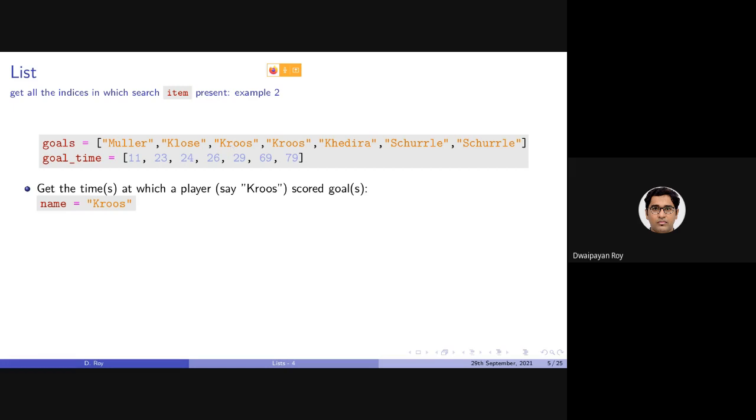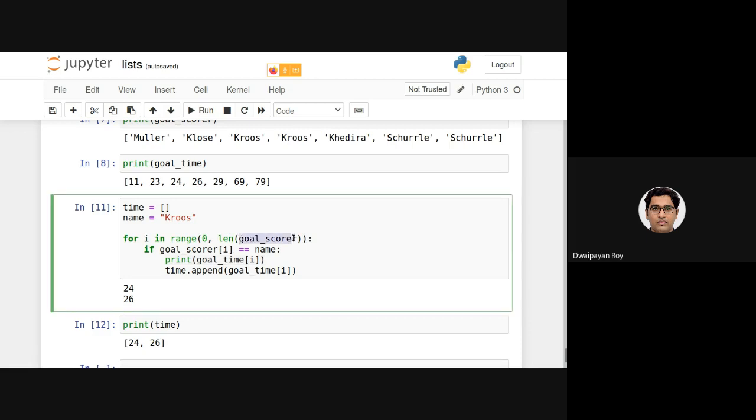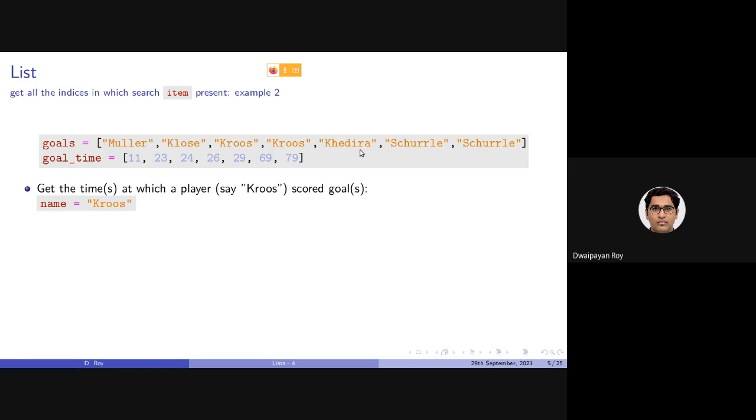There is actually a better way of doing this using a dictionary. Here I am traversing this goal scorer list one after the other. This list is containing 7 names, and I am looking for Cruz in the first, then second, then third, then I'm storing it in time, then fourth, then I'm again storing it in time, then fifth, sixth, seventh. So as you can see, we need to traverse the whole list, right?